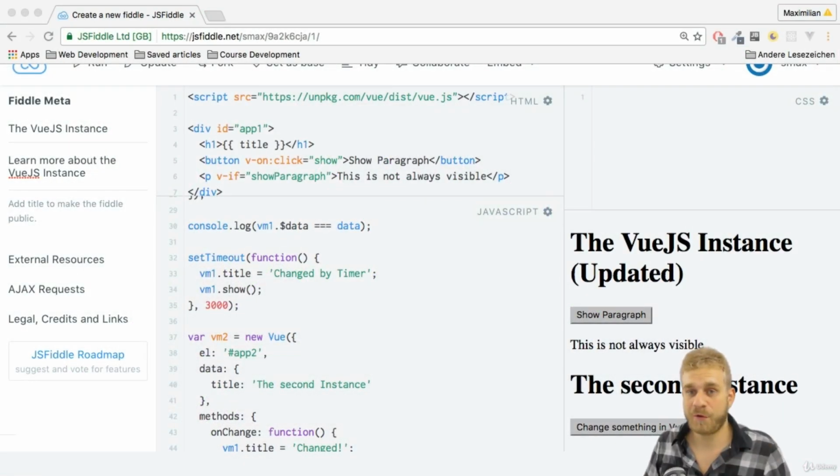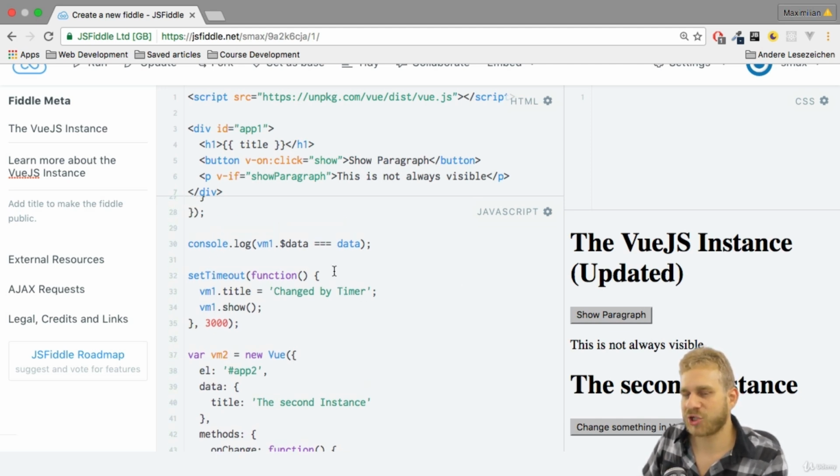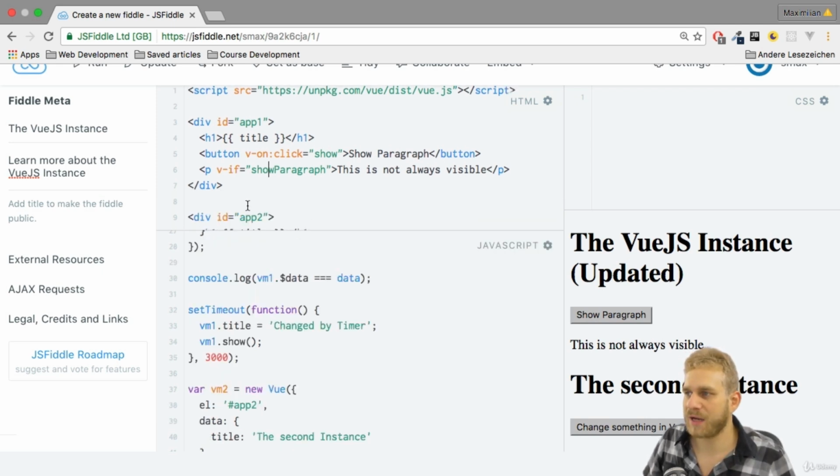I mentioned this third property I wanted to talk about. It's this ref property VueJS exposes to us. That actually is something we haven't talked about yet. It is something you want to use carefully, but which can do the thing you were just looking for. If in my HTML code I want to get the current content of this button, this show paragraph button,